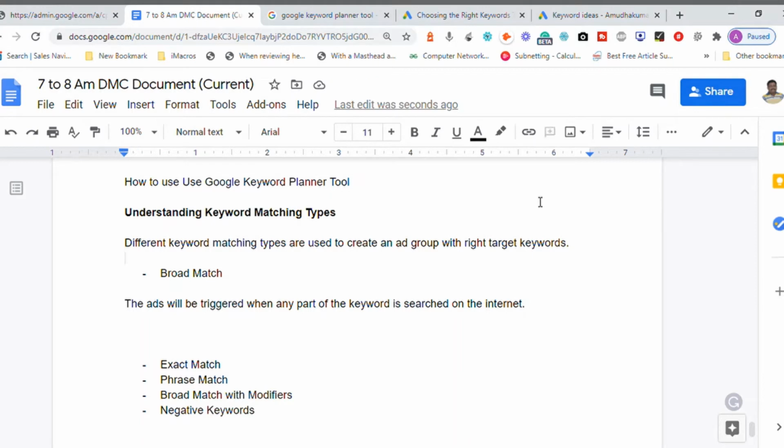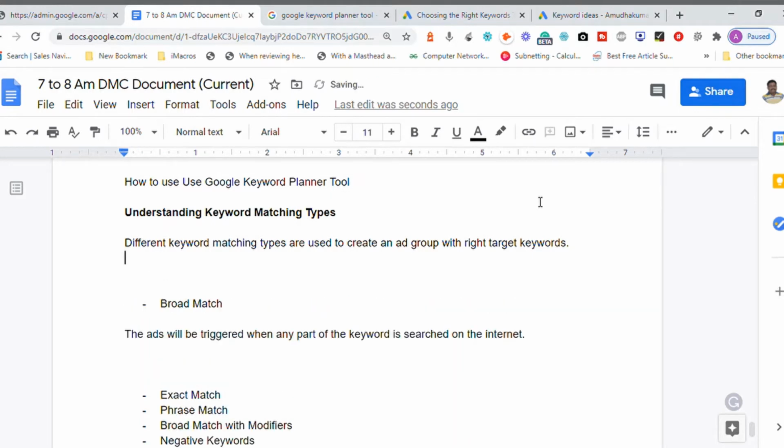For example, before getting into this, let me add a keyword: online digital marketing course. This is the keyword which I want to target. When I use this keyword as it is, this is called the broad match type.